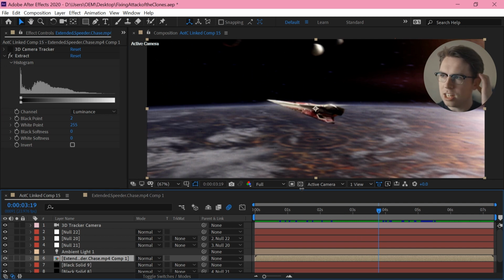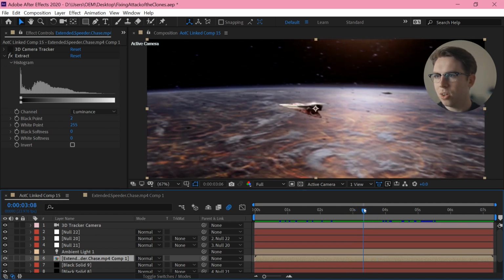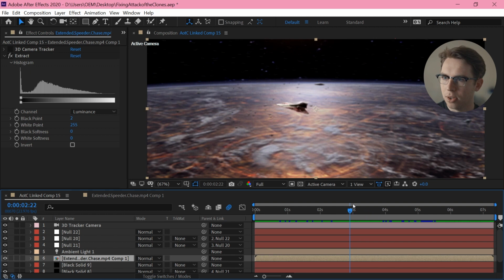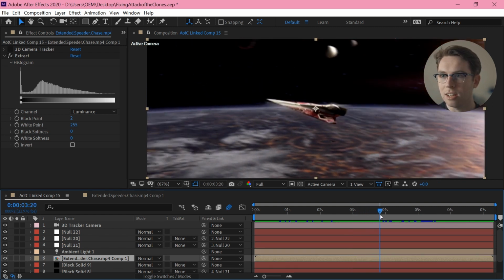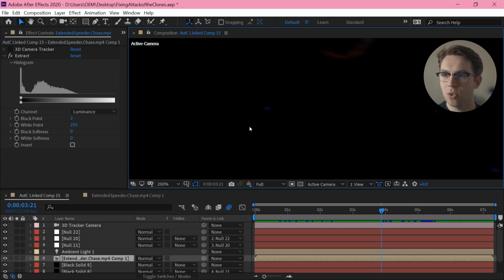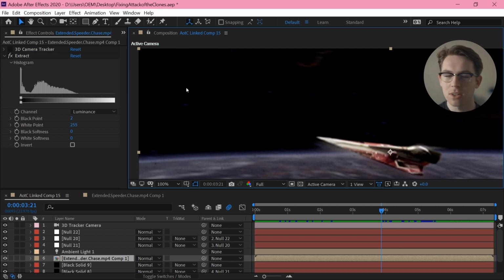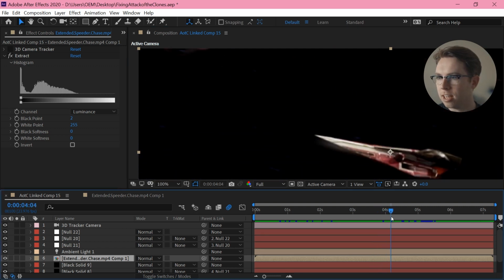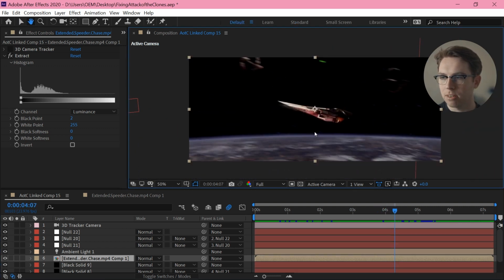So I kind of cheated here. Once you get a lot of motion blur on stars or whatever, they do start to fade. So I actually just faded them out entirely about here. So there isn't anything happening here, or there is very, very faintly. But because it doesn't match perfectly, I'm fading it out so they basically disappear.